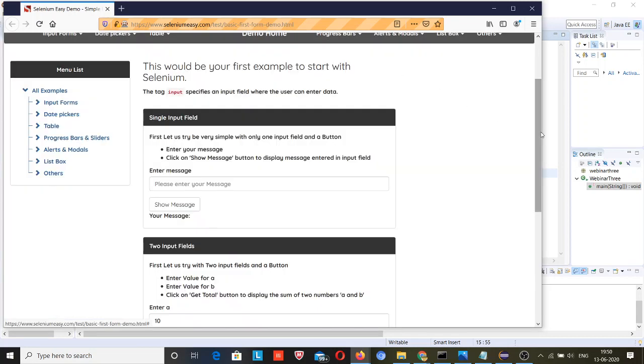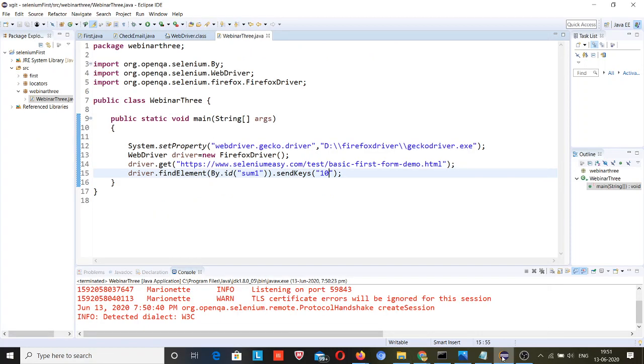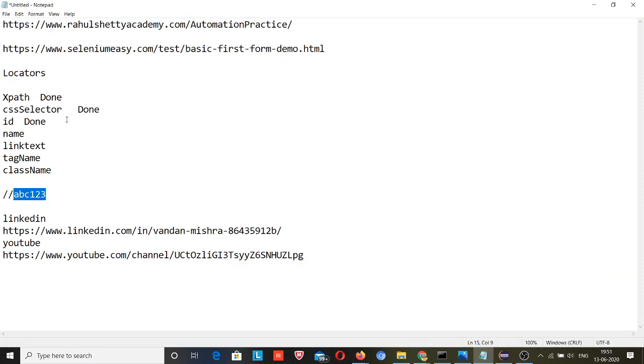So guys, 10 is entered here, it means I have located it correctly. Okay, so id is also completed.